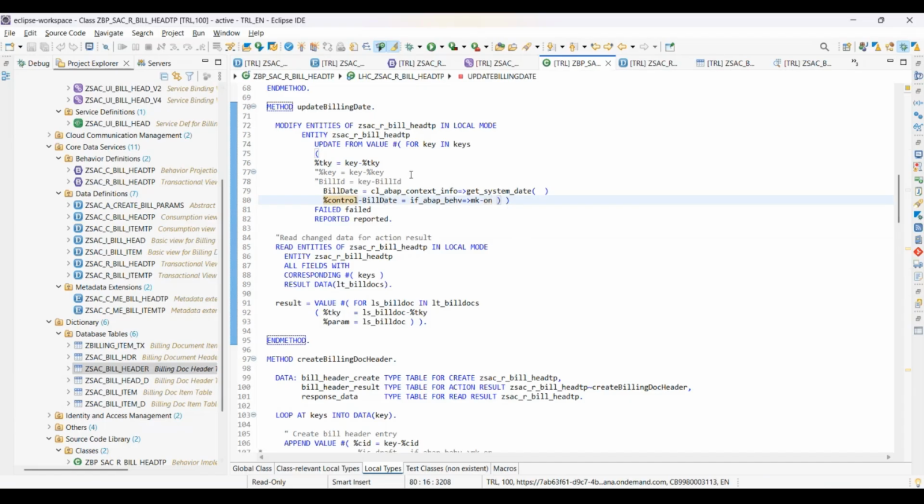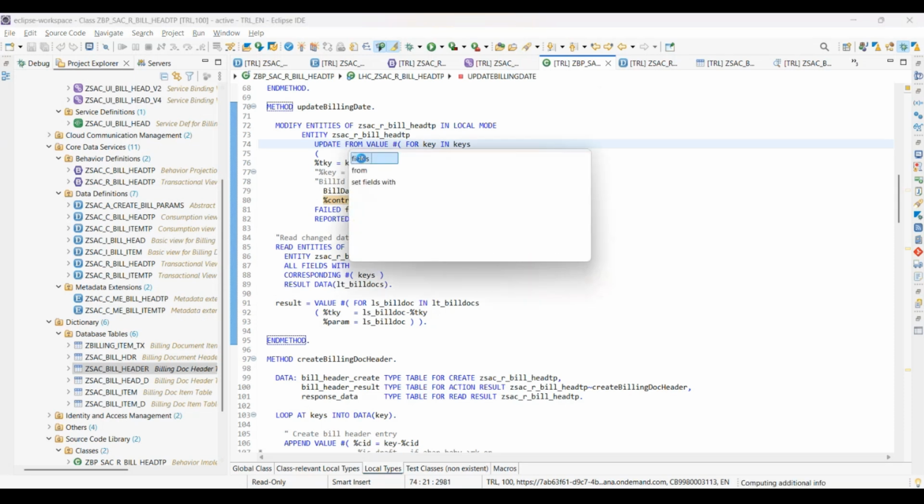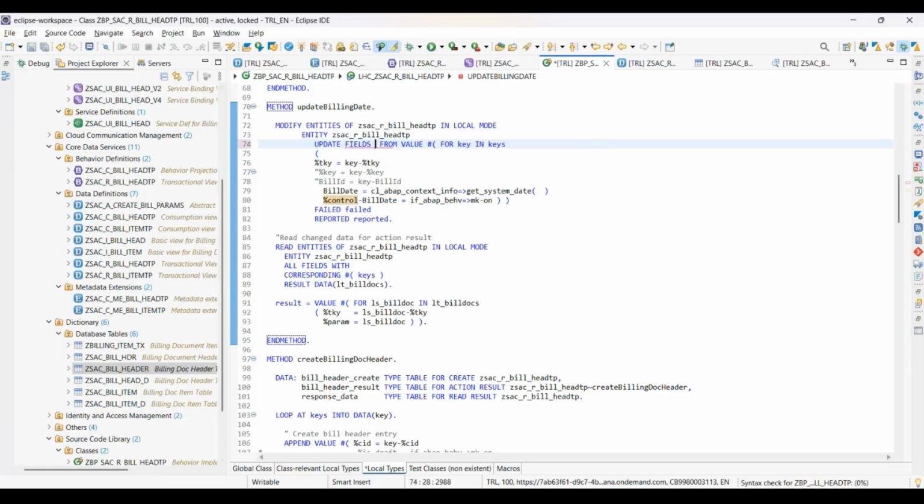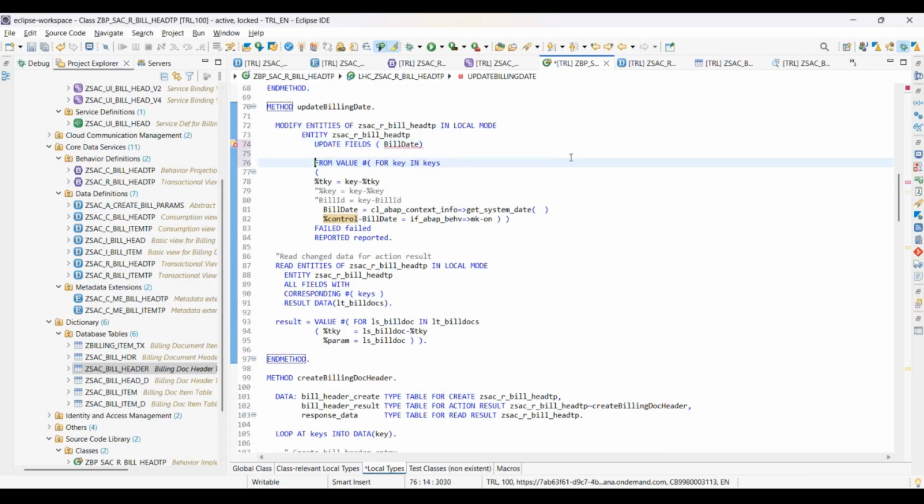That means for non-key fields, only for non-key fields, okay, no other fields. This is one way. Second is that in the update itself, right now what we are doing, we are saying from value. We have more syntaxes of update available. We can specify here, if I press control space, see we have update fields. So here itself, I can write down like billing date, and then I press control space, and then with, and then I can remove this value. This is also a syntax. In that case,